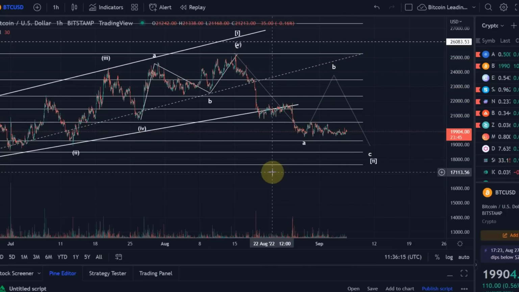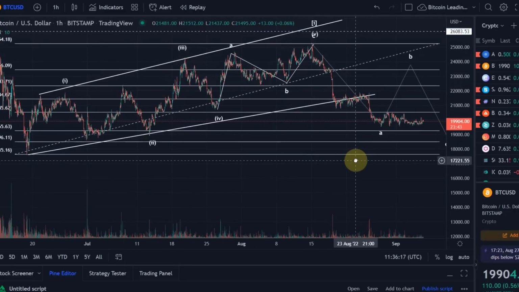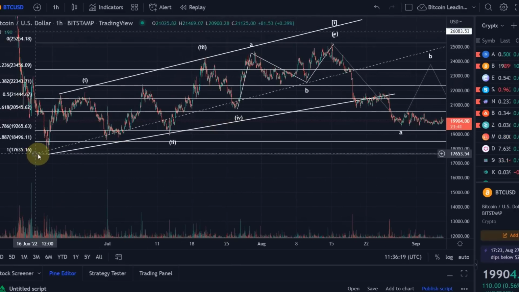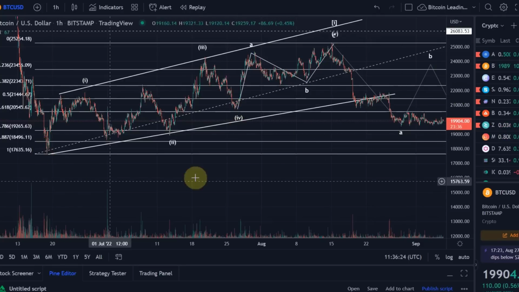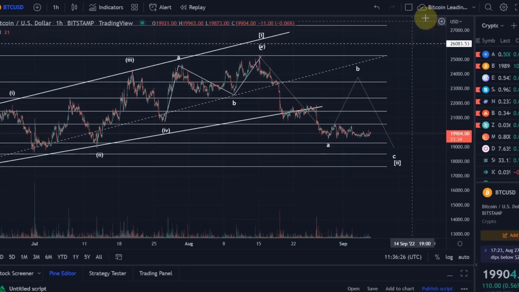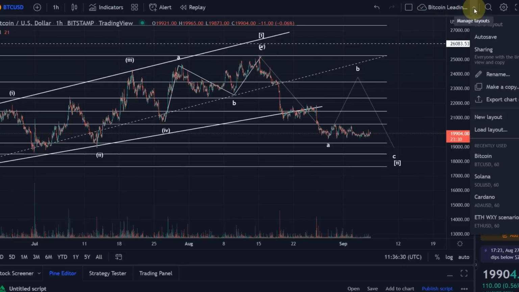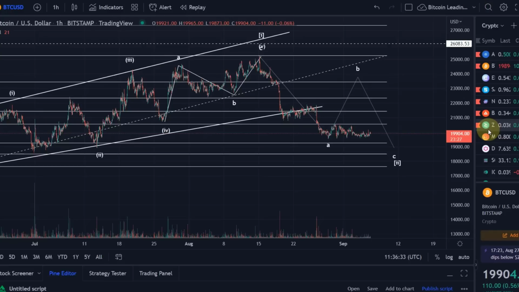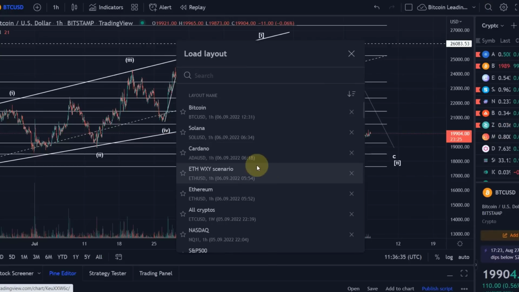C. The problem here is that the wave A came down very low, dangerously low, to the 17.6k level. So the wave C, there is a risk that the wave C is going to go below that level. And then of course, and this is sort of the only bullish one we can then go with, should we go below 18.9k, unless someone knows another one, but this is what I'd go with.